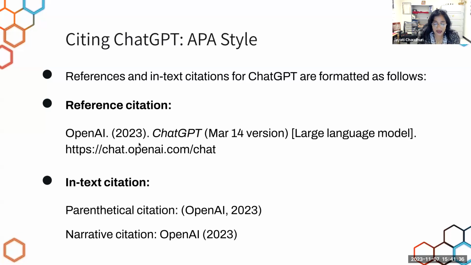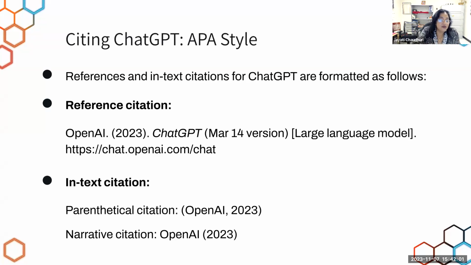Then the date is the year of the version you use, so that is 2023. The title is the name of the model, ChatGPT, and it should be italicized in your reference. And then you are going to use the source URL, which is